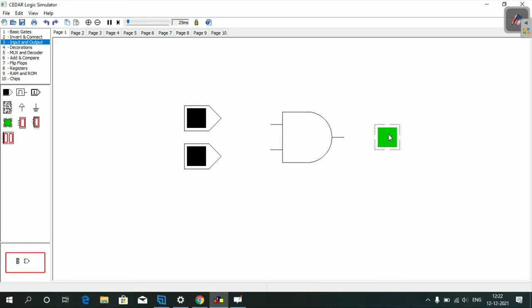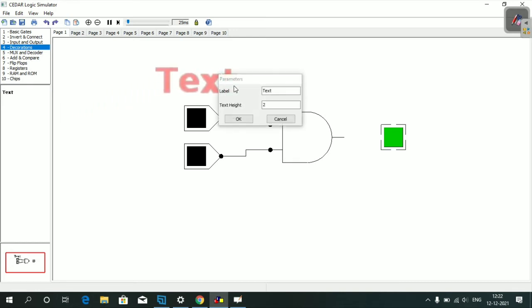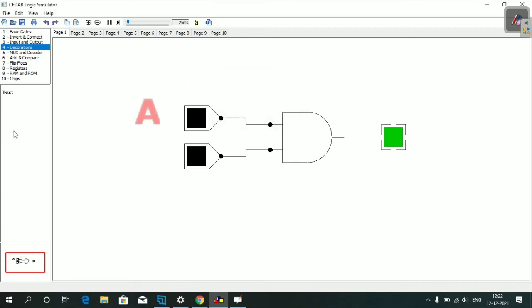Now let's connect them. From the tip of switch, tap and hold and touch at one end of the AND gate. Do the same for the other switch also. Now let's name both inputs as A and B. From option 4, decorations, now drag text and double tap on it. Give the name A. Do the same for another input. Give it the name B. Now connect the tip of the AND gate to the LED as I am doing it.